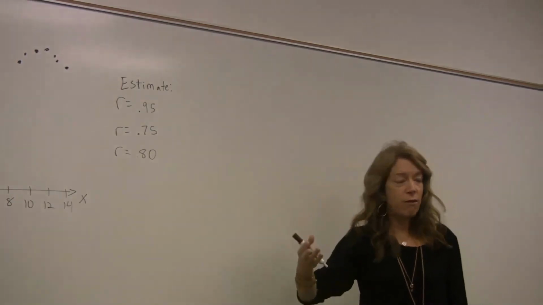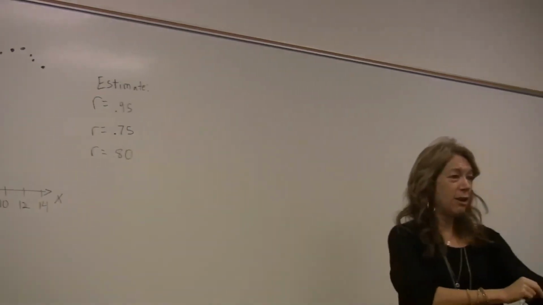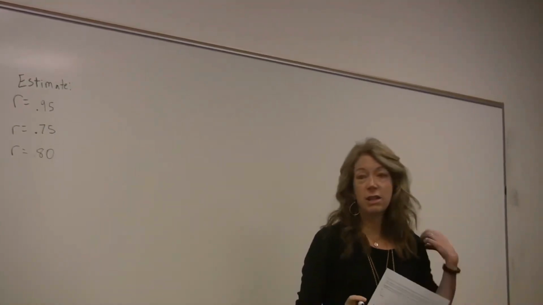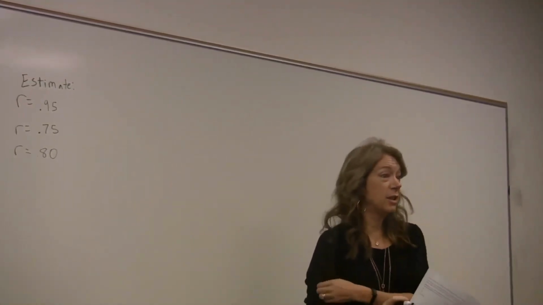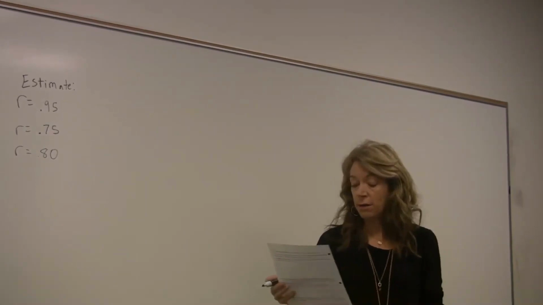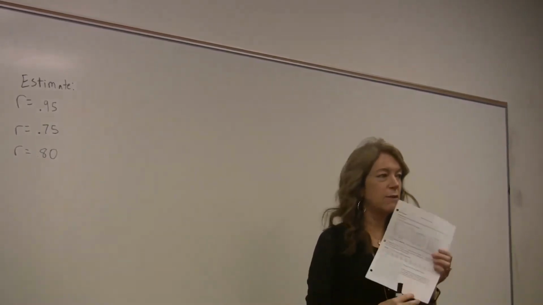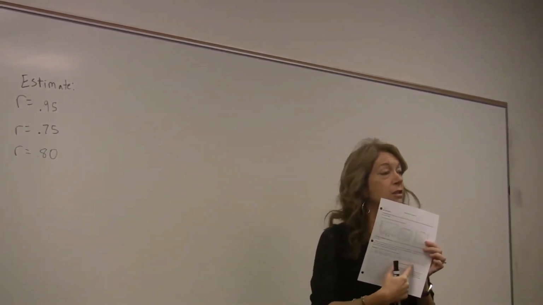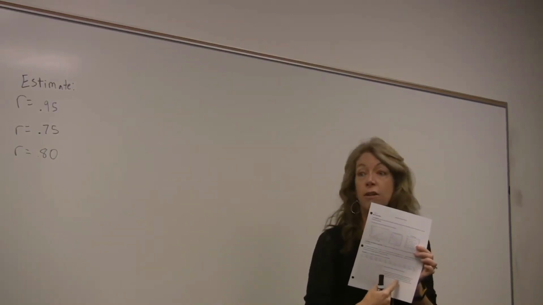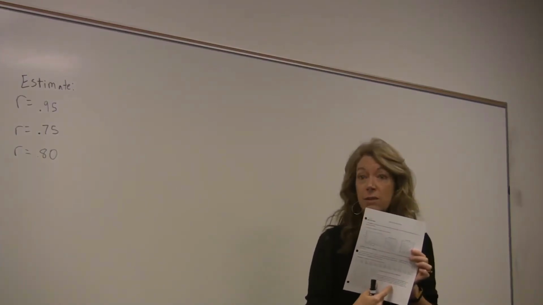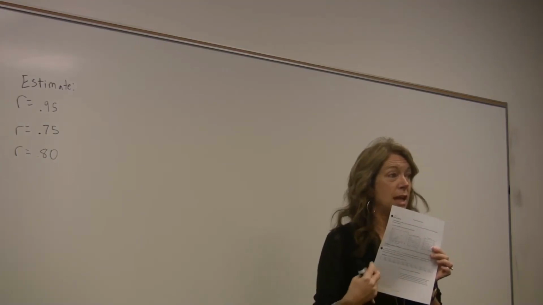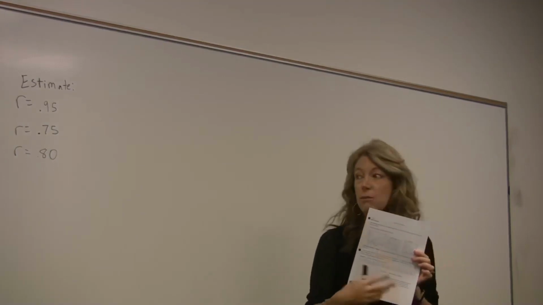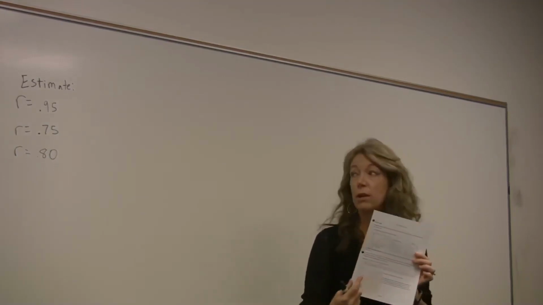And so there's this whole very nice, messy, long formula on how to calculate the R, the correlation coefficient, but instead we're going to ask our calculators to do it. So over there on the right, at the bottom of page 144, are the directions on how to get the R coefficient. The first thing we're going to have to do is the same thing we've been doing all semester, is to put the two lists into our list 1 and list 2, or any two lists that